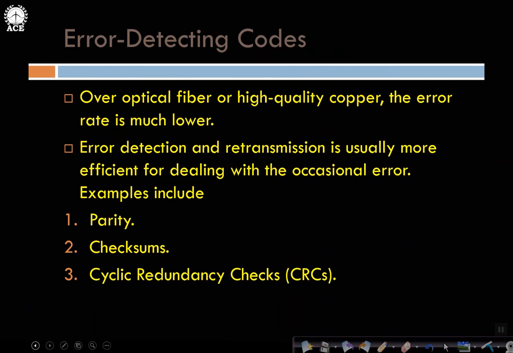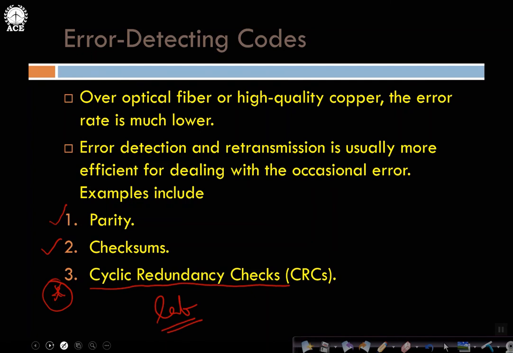Now I will take on for discussion in more detail with regard to error detection codes. How is error detection done? There are broadly three approaches. One is parity, which I have already explained, odd or even parity. Checksums is another approach, and the most important one is this. That is my focus. This you have to implement in your lab also. So therefore I will take a problem on working out for cyclic redundancy code, CRC.